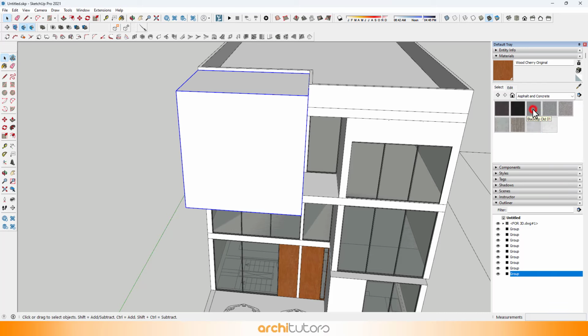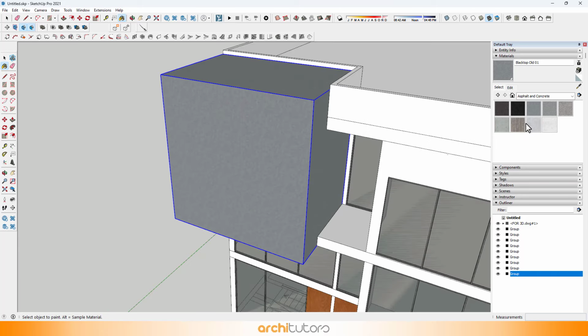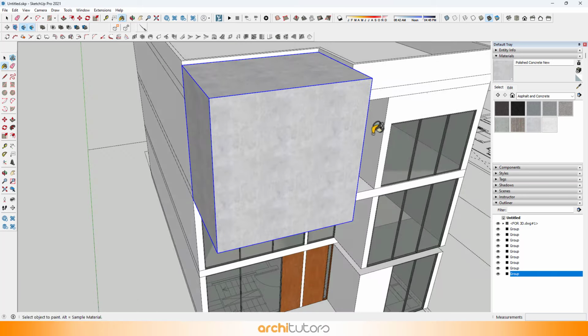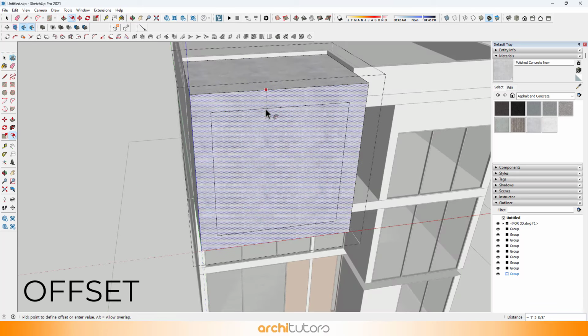Convert it into a group and add a material to it. Offset and push the face inwards.